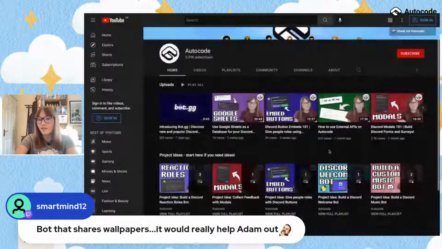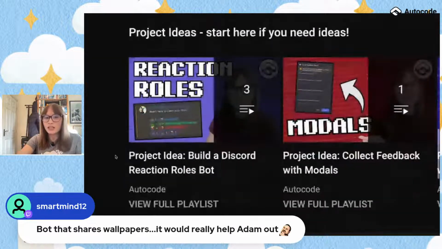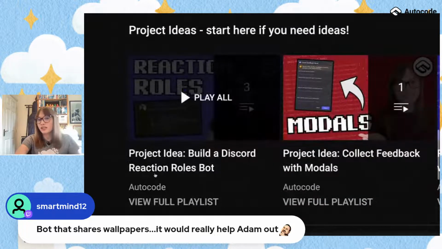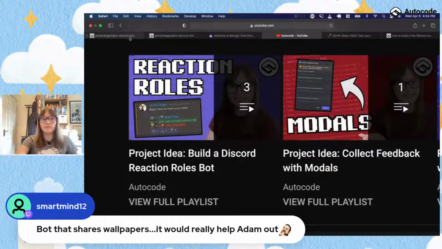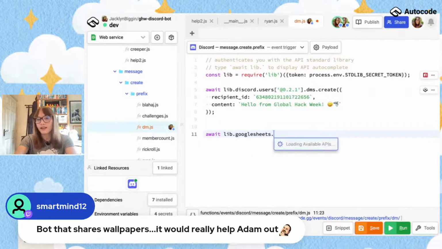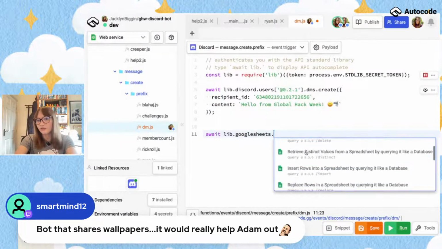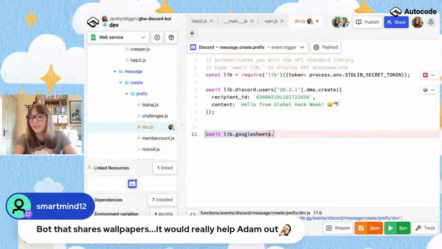And we have this reaction rules video here, which tells you all about how to connect to Google Sheets. The entire series does. So if you want to store a list of wallpapers, for example, you can hook it into Google Sheets just by doing await lib.googlesheets. Then you can retrieve data from it, and you can insert data into it, just like a MySQL database in many ways.